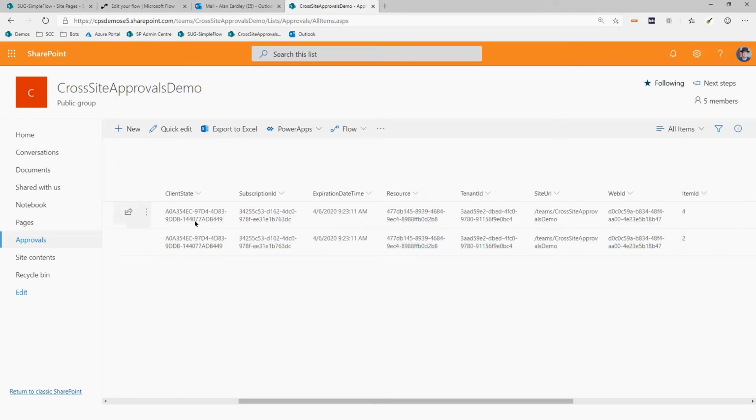The client state is a unique ID that you generate. It allows you to sort of distinguish between the same post. To be honest, I've kind of hard-coded that at the moment and always set it to that. I feel I should be doing something a bit cleverer with that, but haven't at this stage. Subscription ID, again, is the standard subscription you're using and the tenant you're using comes through, that expiration date and